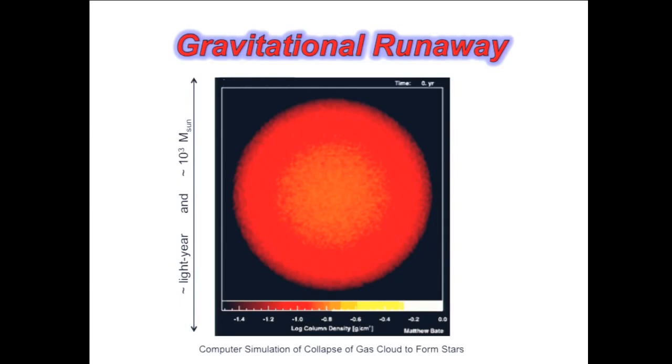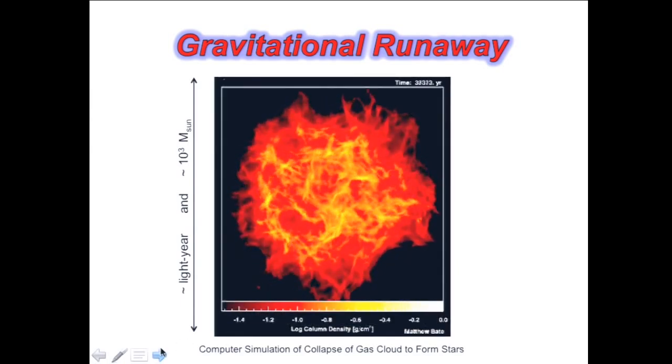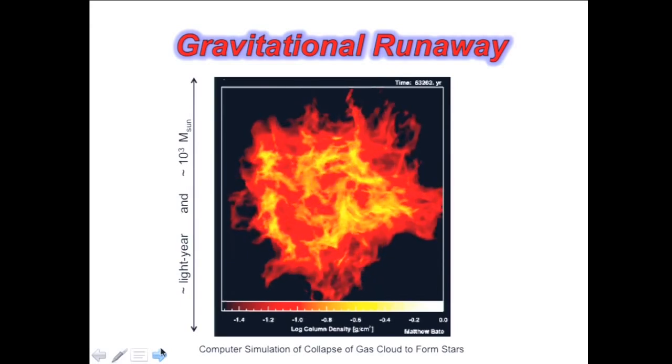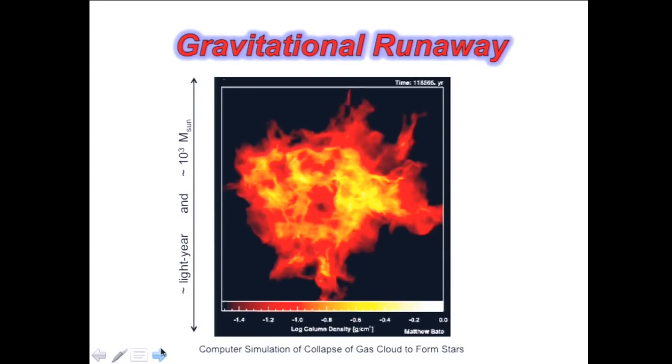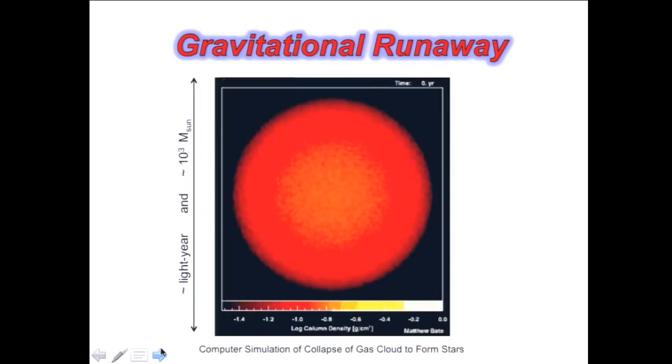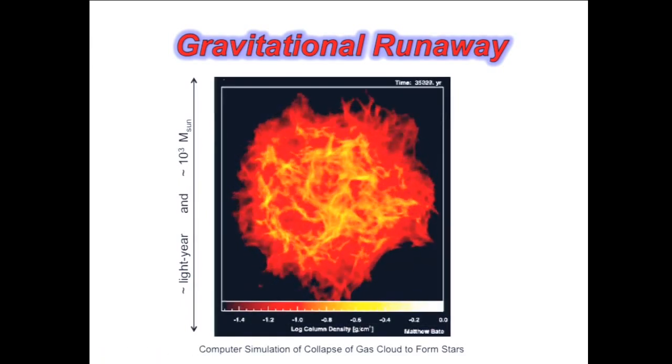And time will march on, shown up here as the simulation goes. And the color tells you basically how much stuff there is. White or dark yellow is lots of stuff there. And so you can see immediately, you go from a smooth beginning. You can see in the beginning that there are tiny differences in color. That represents tiny differences in density from one place to another. And as time goes on, those differences get amplified.